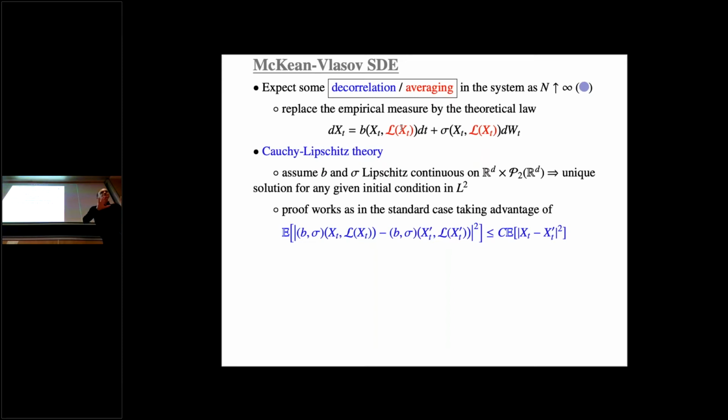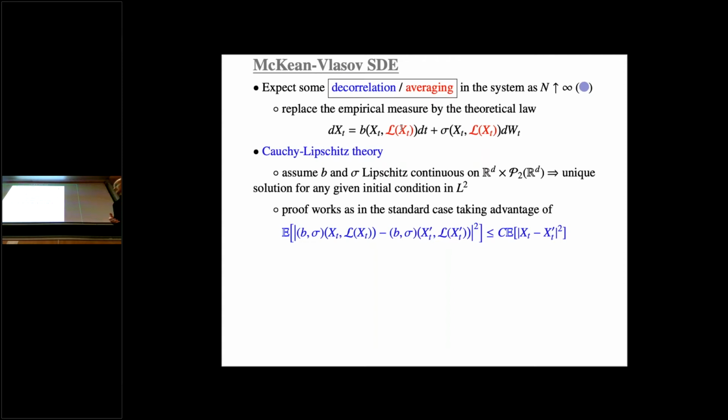And you see that asymptotically, they are less and less correlated if you come back to the particle system, because in the empirical distribution, I have 1 over n in front of the empirical measure for any delta mass, and the noises are independent. So when n tends to infinity, I see less and less the dependencies on the other noises. So certainly there should be some decorrelation in the population. If I have decorrelation and identical distribution, I should have a law of large numbers. So clearly I should expect that the empirical distribution of the system gets closer and closer to some deterministic law or theoretical law.